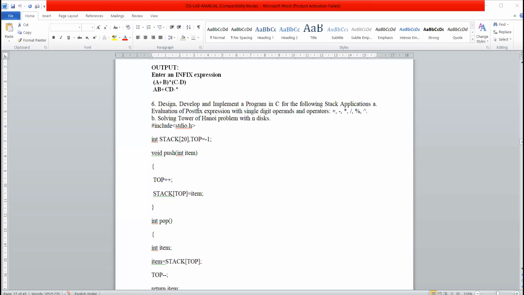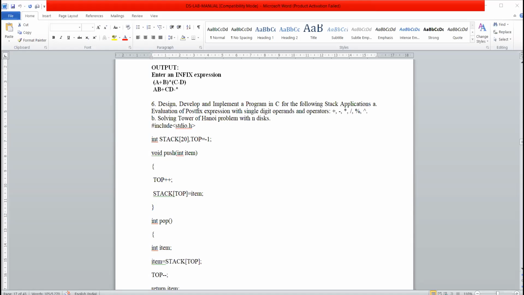Once you relook into it, what we are doing here is globally declaring the stack and top variable, then the push function. In push, increment your top, and whatever item you want to place in the stack, place it at top. In pop, whatever is pointed by top, scan it into item, and then decrement your top.